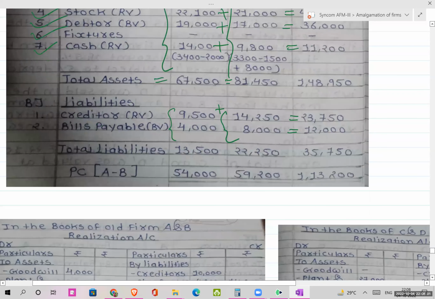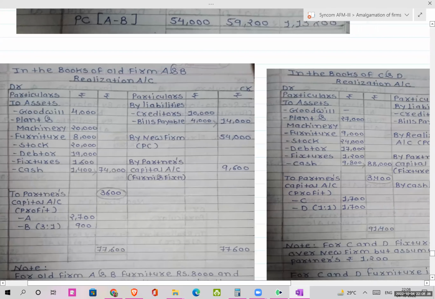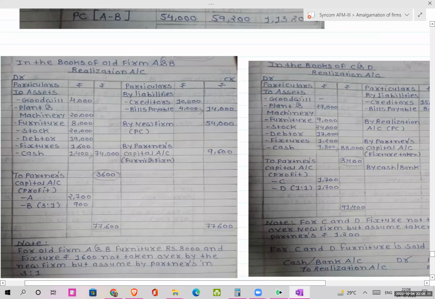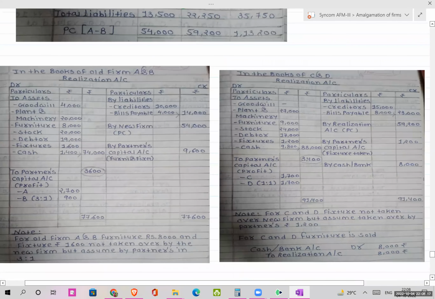अब next हम क्या बनाएंगे, दोनों ओल्ड फर्म्स का, करेक्ट, रियलाइजेशन अकाउंट, पार्टनर्स कैपिटल एंड न्यू फर्म अकाउंट। ओके, सो दिस इज द फर्स्ट थिंग दैट यू विल मेक एंड क्लोज। पहला क्या होगा, फर्स्ट इफेक्ट, ट्रांसफर ऑफ ऑल योर एसेट्स एट बुक वैल्यू इन बोथ द firms, okay। Then transfer your liabilities at book value, second step, okay।